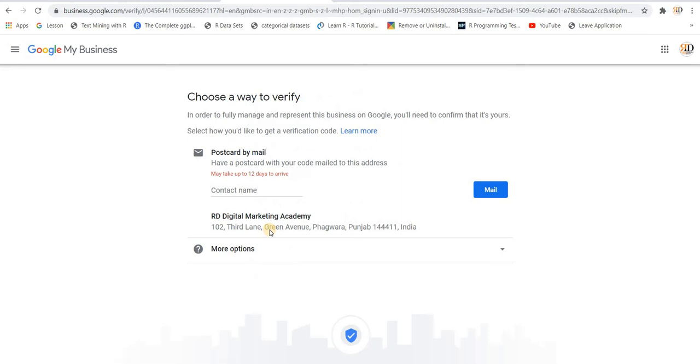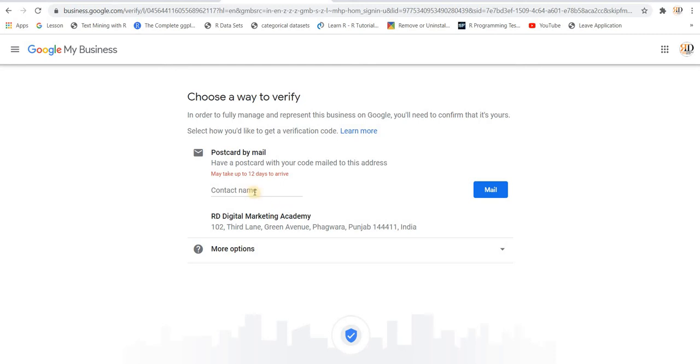Now this is one thing very, very important. Once you have set up, you may have to verify. Not may, this is mandatory. You have to verify your business, for which Google sends you a physical postcard which has a code. Once you receive that physical postcard, you have to punch in that code into your account in order to verify.